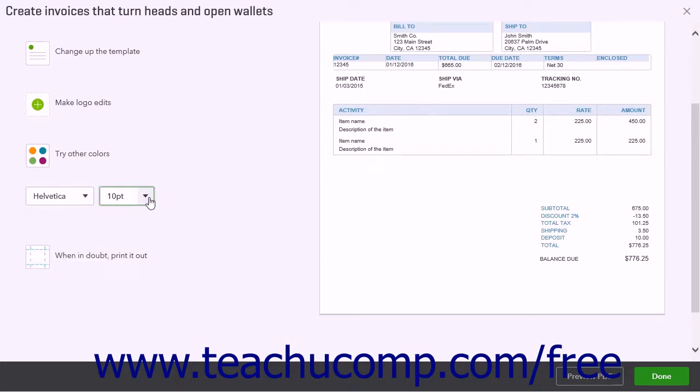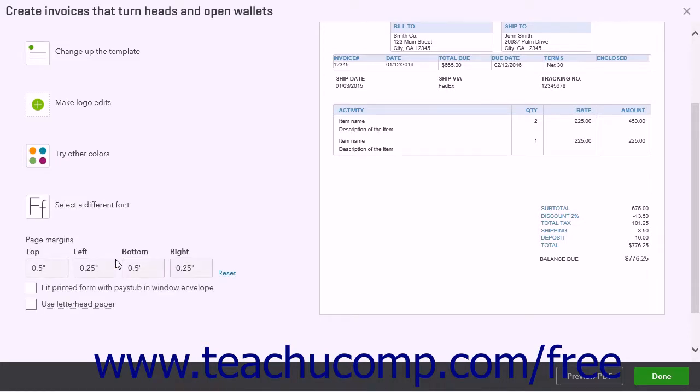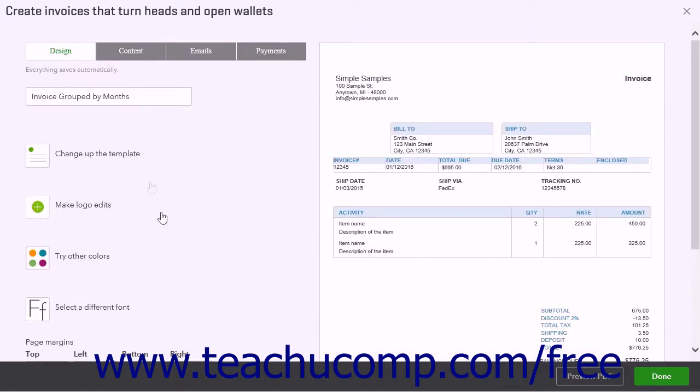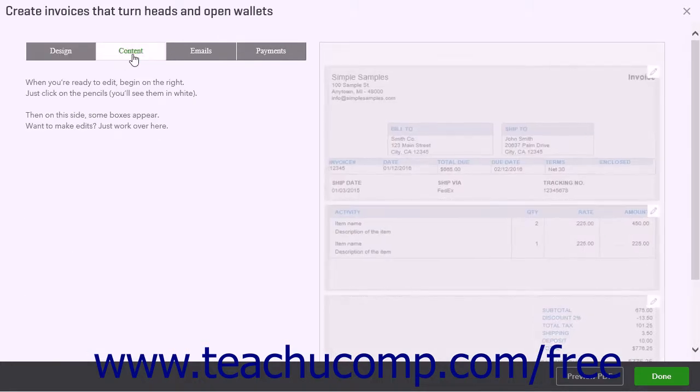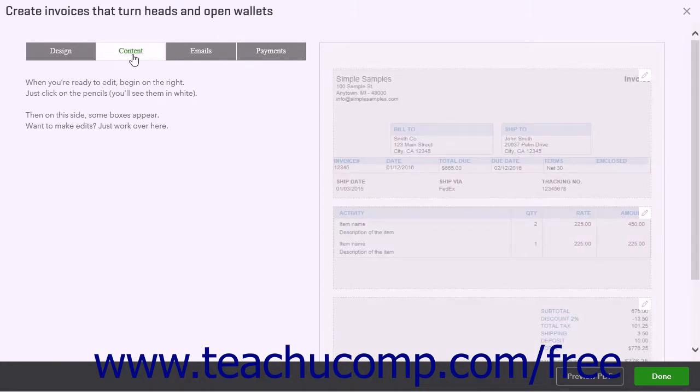To edit the margin size, click the When in Doubt Print It Out link and then enter the page margins you prefer. You can also check the Fit Printed form with Pay Stub in Window Envelope and Use Letterhead Paper checkboxes here if you want to enable those options. Then click the Content link at the top of the page to show the different sections of the invoice in the preview area to the right. Each section appears with a white pencil icon in its upper right corner that you can click to edit the